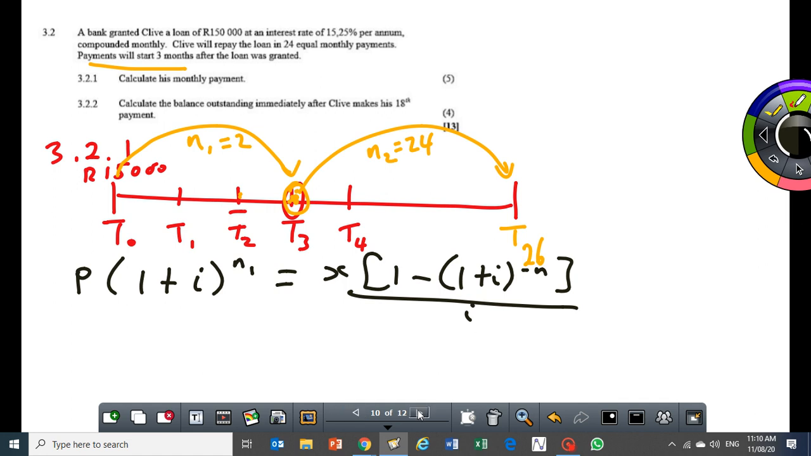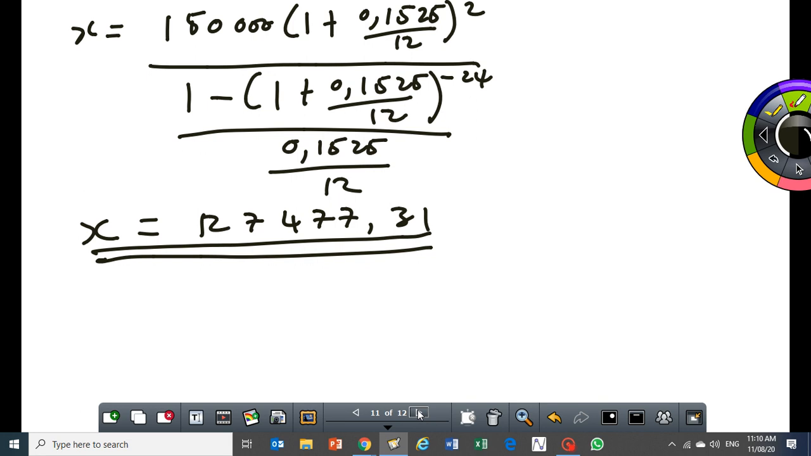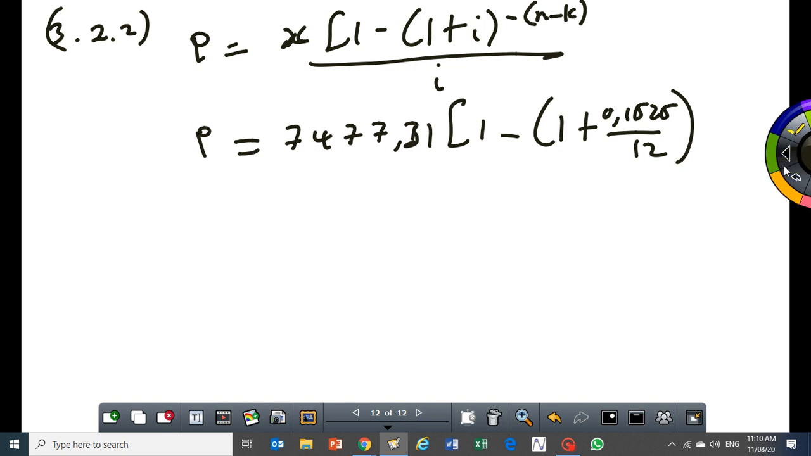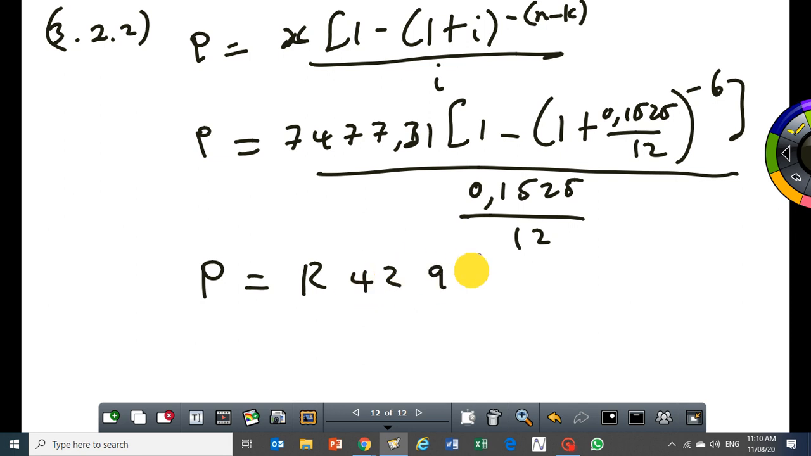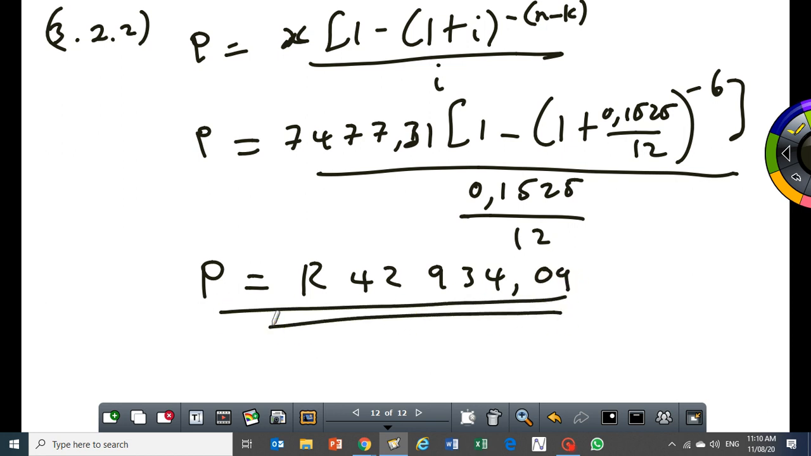So your n minus k is going to be 6. It will be 24 minus 18, so you get minus 6. So that's 0.1525 over 12. So what's the balance outstanding? 42,934.09. How many of you got this? Alright, so that's how we're supposed to do it. I just want to remind you that next week